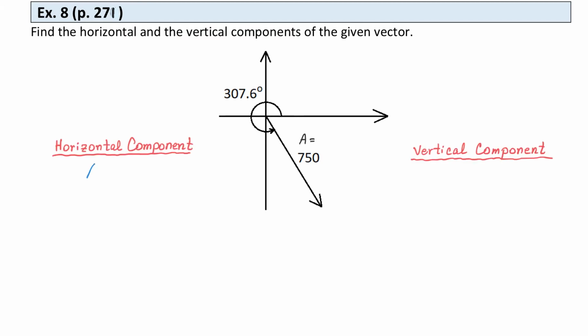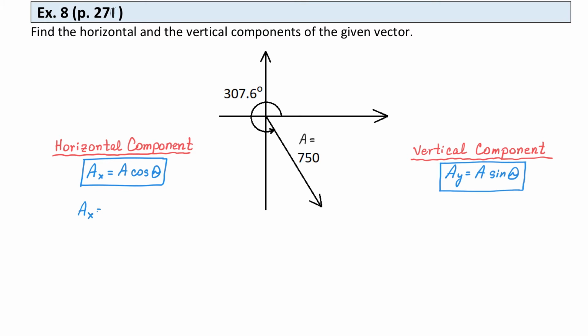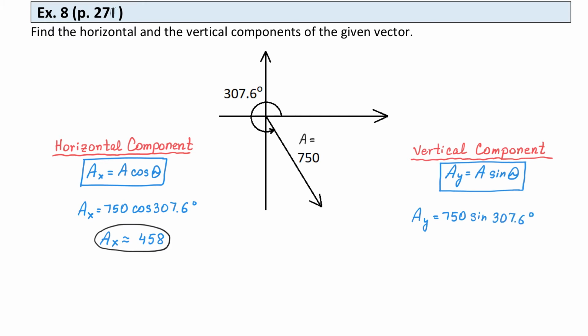For the horizontal component, A sub x equals A cosine of theta. And for the vertical component, A sub y equals A sine of theta. First we will find A sub x, so A sub x equals 750 multiplied by cosine of 307.6 degrees. Then A sub x equals approximately 458 units. And now the vertical component A sub y equals 750 multiplied by sine of 307.6 degrees. Then A sub y equals approximately negative